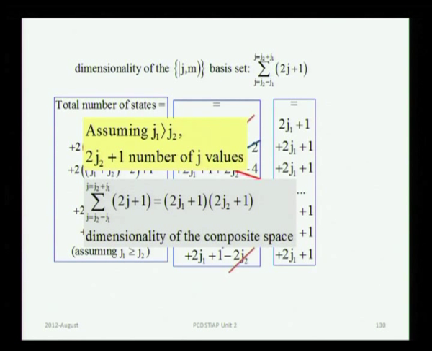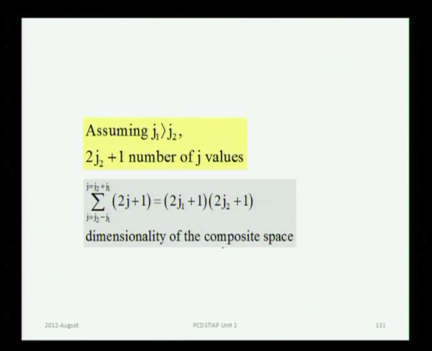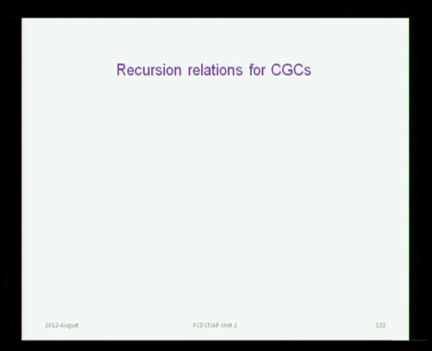Okay. So, it is a very simple proof, and you know that the final dimensionality of the space turns out to be what we expect it to be, and it is not a mystery, and it is not coming just from our expectation, from your intuitive expectation that it has to have the same dimensionality, but you can actually show it by carrying out the summations explicitly and looking at the dimensionality of the space. So, now we have got the final expression for the dimensionality of the space,